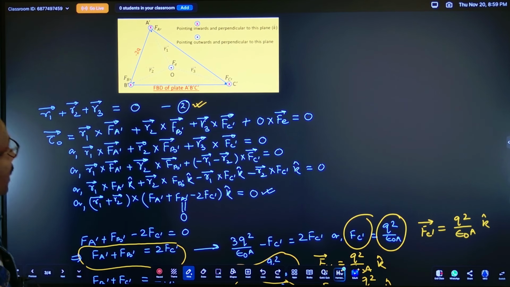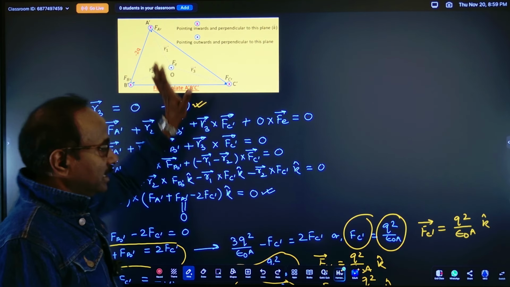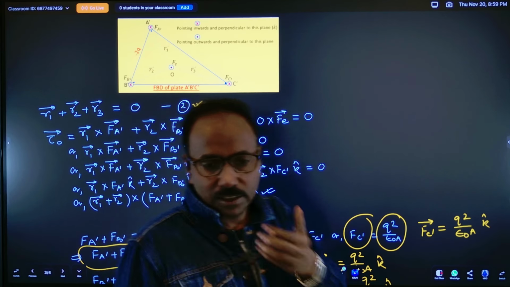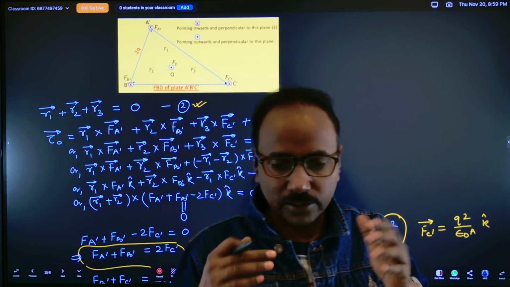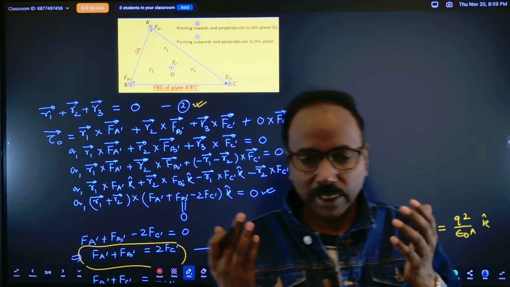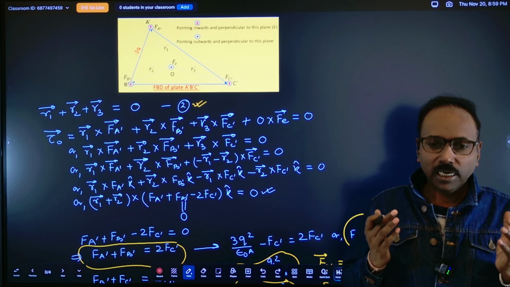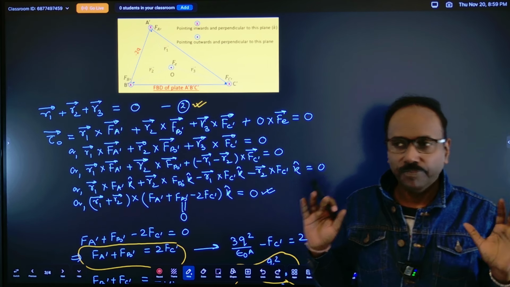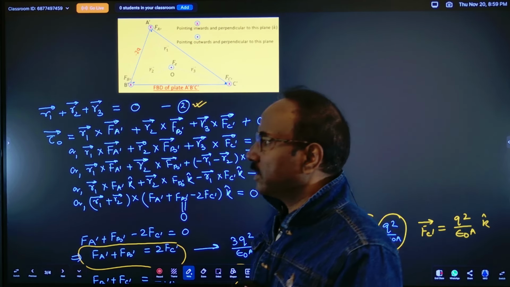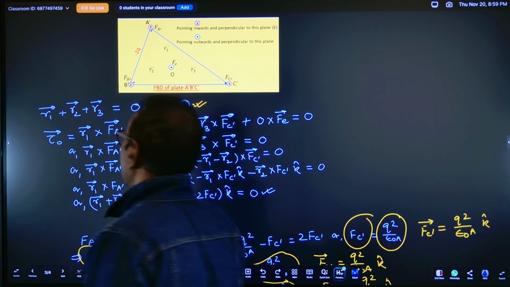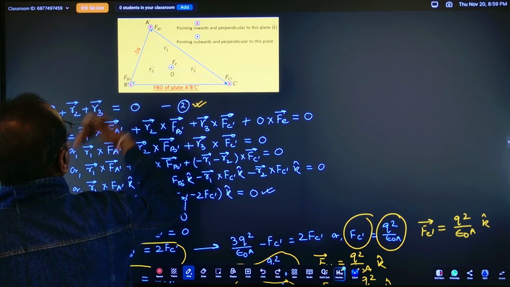अब हमने क्या बोला कि चलो इसका कोई एक्सेलरेशन नहीं है, साथ में कोई मोशन ही नहीं है, देयर इज नो रोटेशन ऑल्सो। रोटेशन नहीं है इसका मतलब उस पर जो टोटल टॉर्क लग रहा है वो भी 0 है। टॉर्क किस पॉइंट के अबाउट हम कन्वीनियंटली ले सकते हैं, हमारे लिए सबसे अच्छा पॉइंट है O के अबाउट ले लेते हैं।